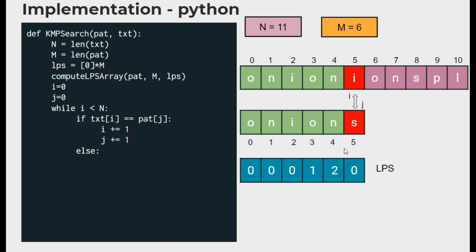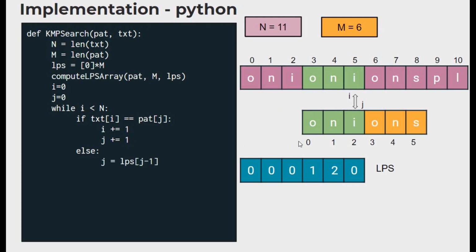So if we go to the LPS table and check what is the value at the 4th index of the table, it will tell us the length of the longest prefix that is also a suffix until this point, until the 4th index. It says 2. 2 indicates the length of ON. ON is the prefix and it is also a suffix. So when we see a 2 here, we can understand that the characters at the 0th and the 1st index are already matching with the previous characters of the text. So we can directly start comparing from the 2nd index like this.